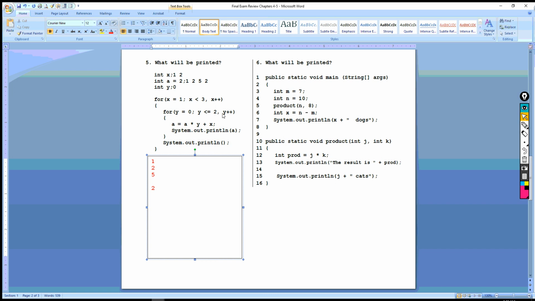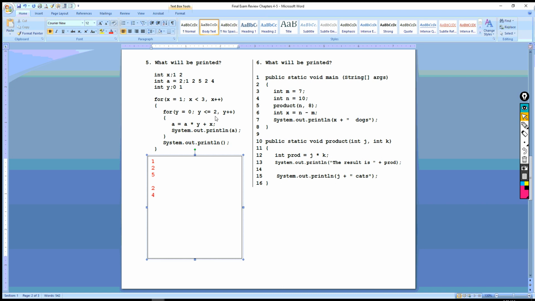We're going to go back to the third section. Y gets incremented. I'm sorry, we're talking about Y. 1 is less than or equal to 2. So we jump into the loop. A times Y. So 2 times 1 is 2, plus 2 is 4. So A becomes 4. We're going to print A,